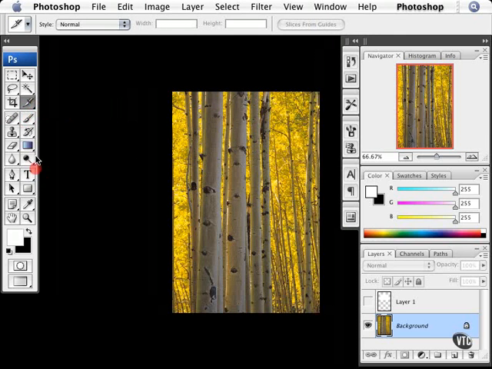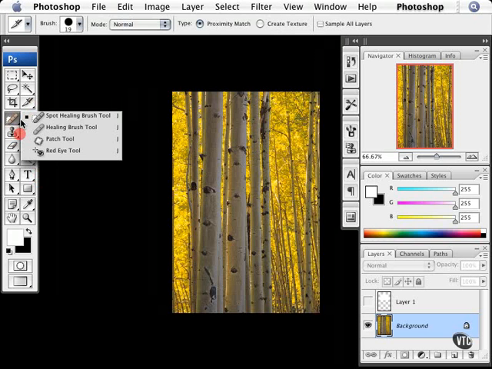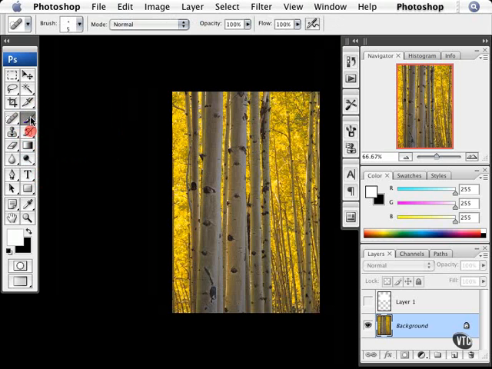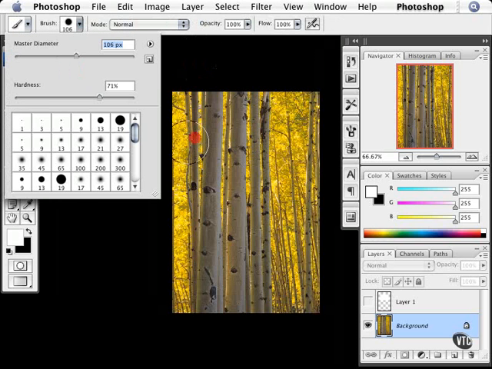The next section down here allows us to edit the image in some way. For example, we can heal parts of the image, get rid of blemishes and that kind of thing with our healing tools, which are indicated by the picture of the band-aid. We can also use the Brush tool to paint, the Pencil tool to paint as well. So we can grab a brush, I can increase the size of said brush, and I can paint on my